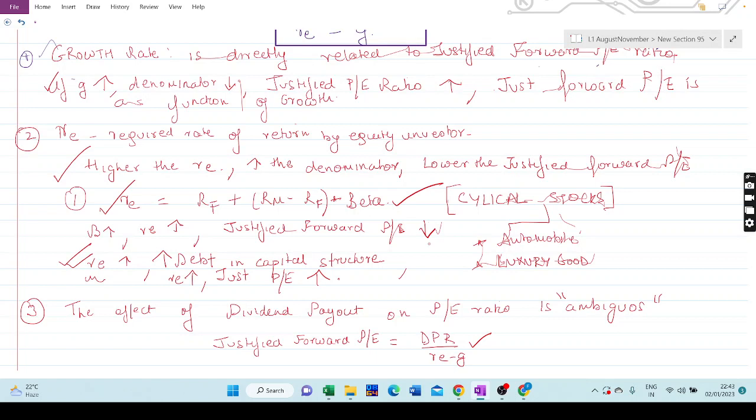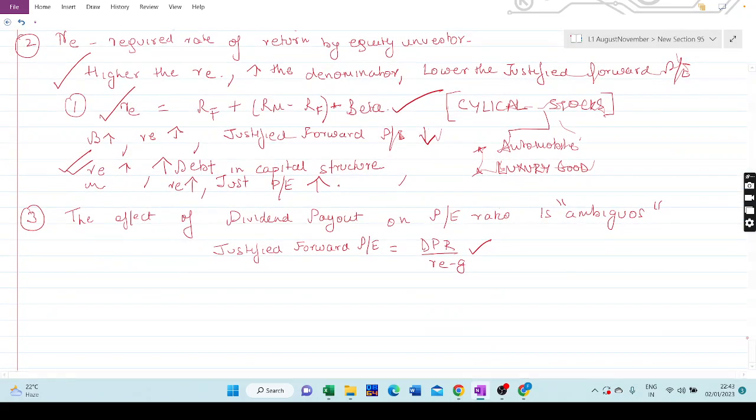It may appear to be positively related to the justified forward P/E, but it's actually not. It seems that way because DPR is in the numerator, so you might think the higher the numerator, the higher the justified forward P/E. But